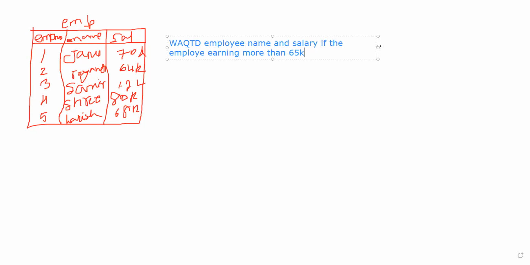Are you able to write the answer, guys? Write a query to display employee name and salary if the employee earning more than 65K. How many have more than 65K? 1, 2, 3, and 4 records are more than 65K, right? So